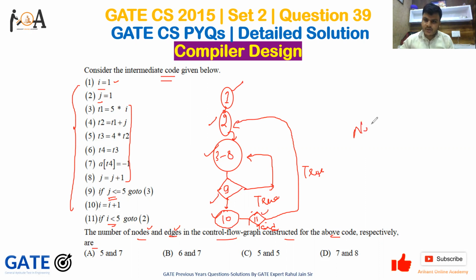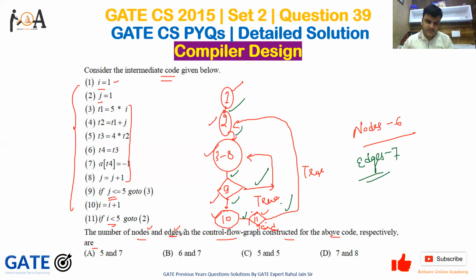So the number of nodes is 6. And the number of edges: this is the edge, 1, 2, 3, 4, this one is 5, this is the 6th, and this is 7, right? So we have a total of 7 edges.